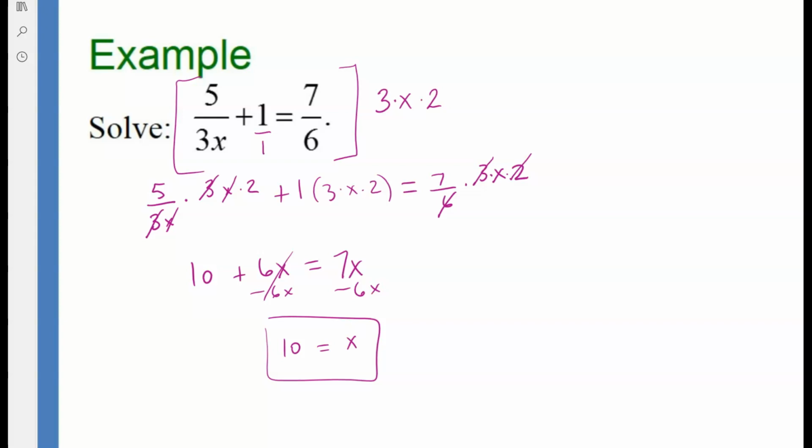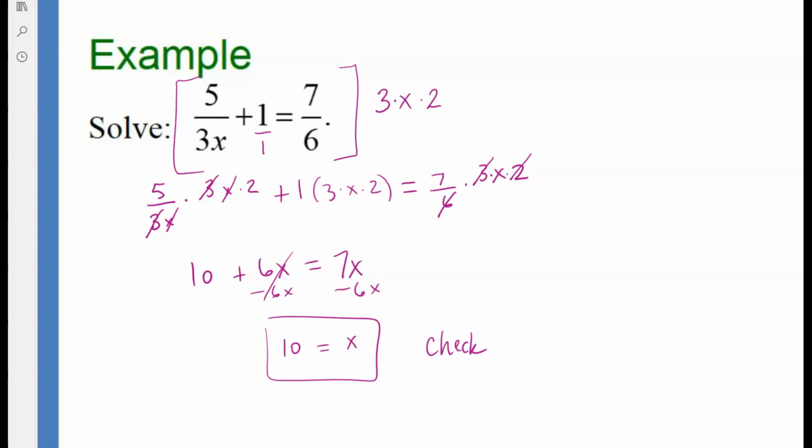It doesn't cause me to divide by 0 in the original equation, and so that's the answer. But you do have to have that extra step of checking. You don't have to check the whole equation for truth. You just need to check to make sure that the answer you get doesn't cause you to divide by 0